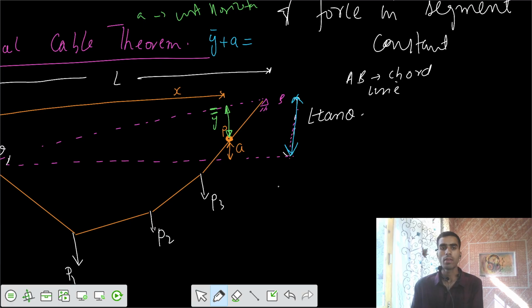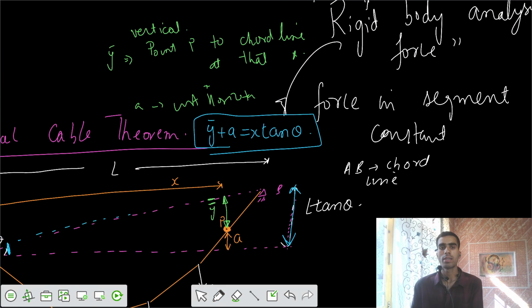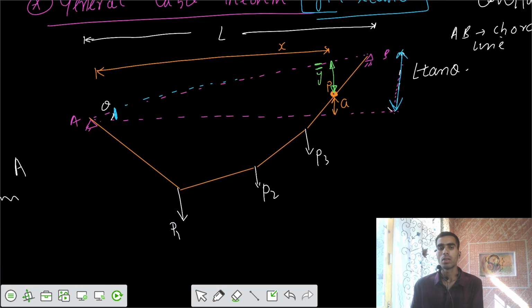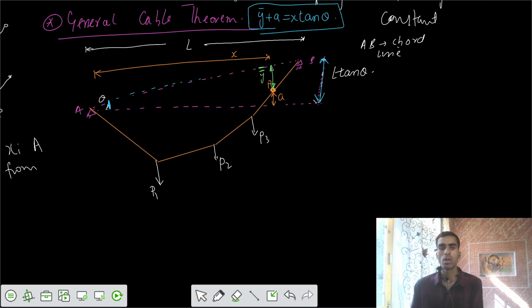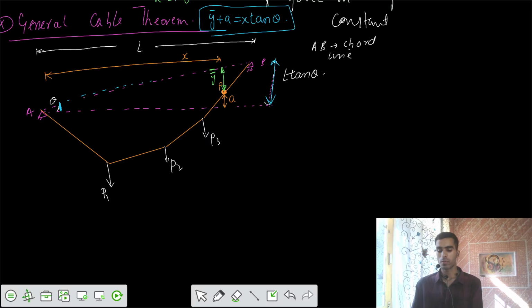And if I have similar triangles, if I have some theta and apply the same similar triangles, I would say this one would be equal to x tan theta. Let's keep this data on the side, and till now we would get some setup. So once we have made that setup, we would say